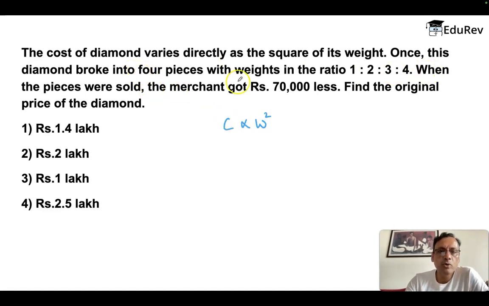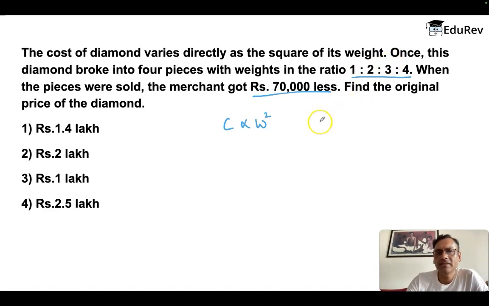Once this diamond broke down into 4 pieces with weights in the ratio of 1:2:3:4. When the pieces are sold, the merchant got 70,000 rupees less. Find the original price of the diamond. Okay, so the diamond is